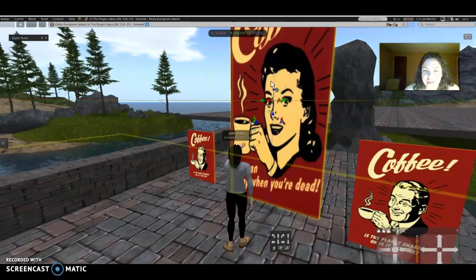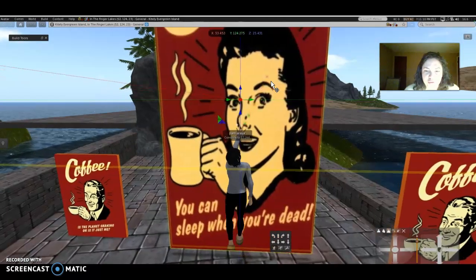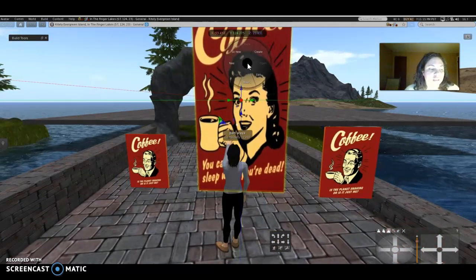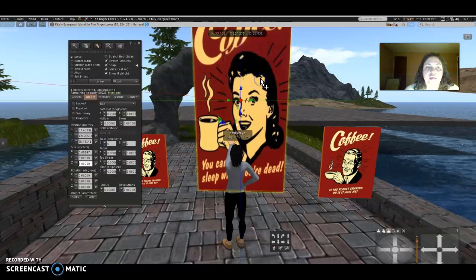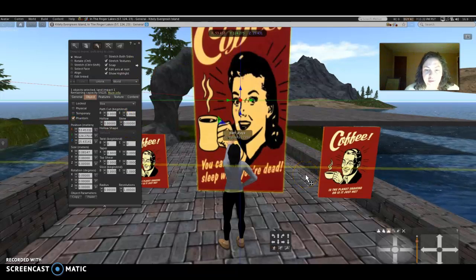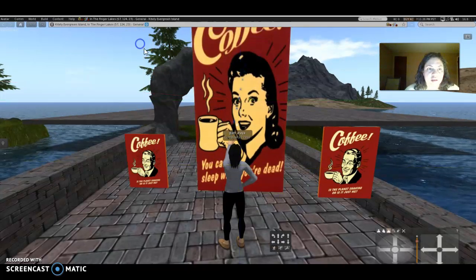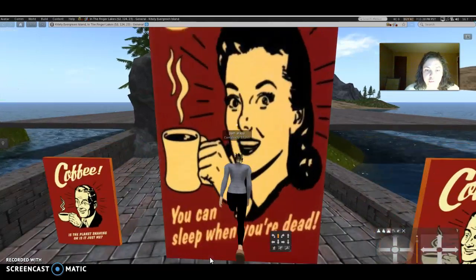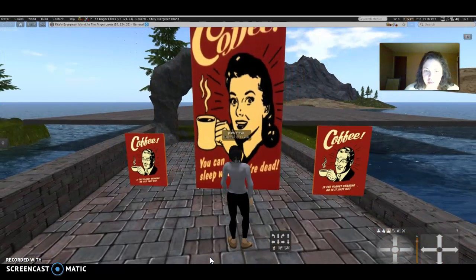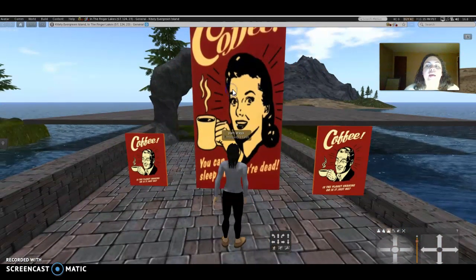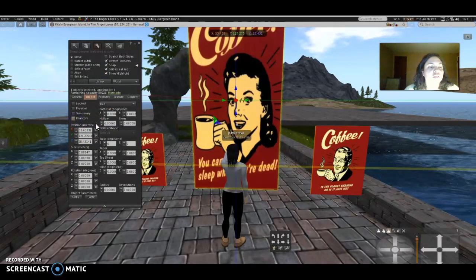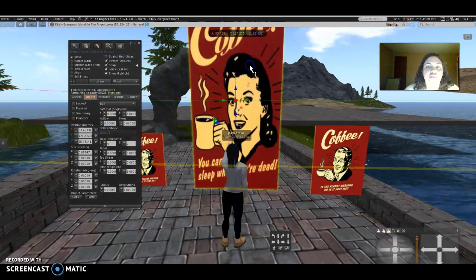But okay, so I will create my phantom object right now. As you can see, I should not be able to walk through this, and I'm not. Okay, so I'm going to click on this, and I'm going to edit, and I'm going to select Phantom, and then once it's Phantom, then I should be able to walk right through. Okay, so there's one of them. I would like to put it back to its original, or take the Phantom off,